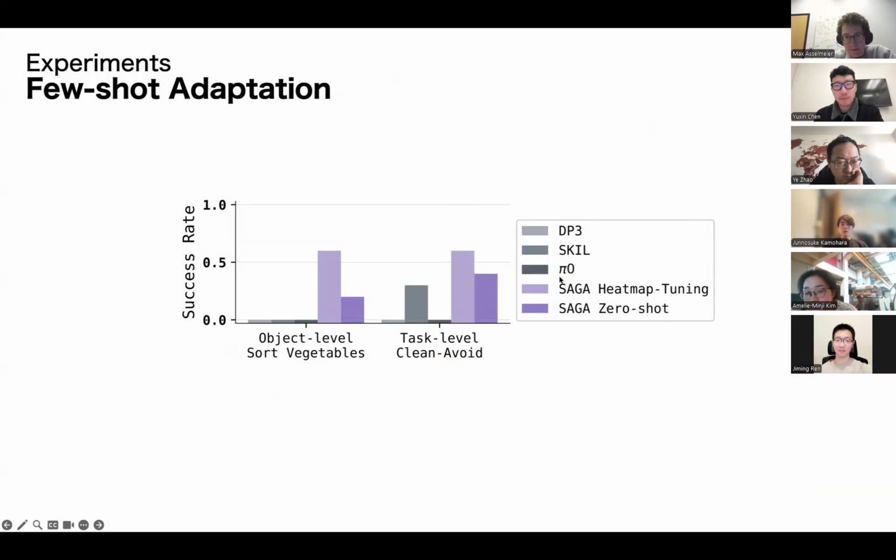And here we also compare with Pi 0, DP3, and the scale. This is from Gao Yang's group from Tsinghua. Same as before, the success rates are a little bit lower compared to the previous one, because previously we used the off-the-shelf heat map assignment, which is more accurate than the self-supervised learning. But still, we have a notable performance gap between the baseline and our method. Yeah, I think that's pretty much all I have. Any questions? I'm happy to answer.